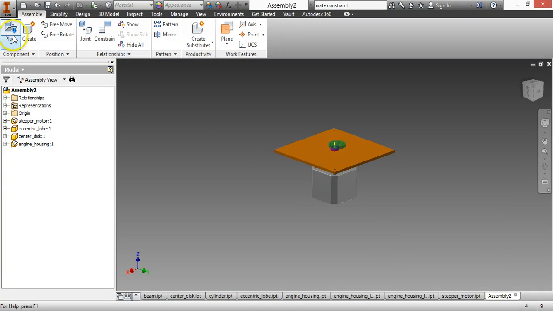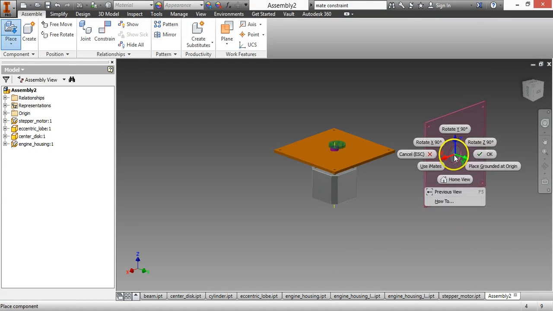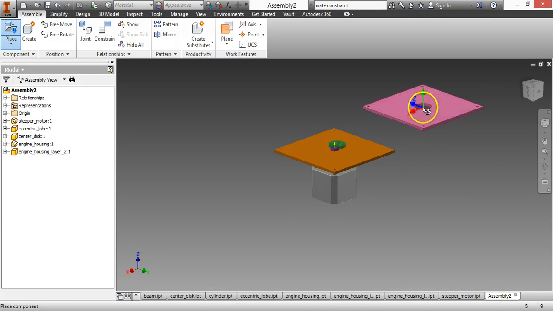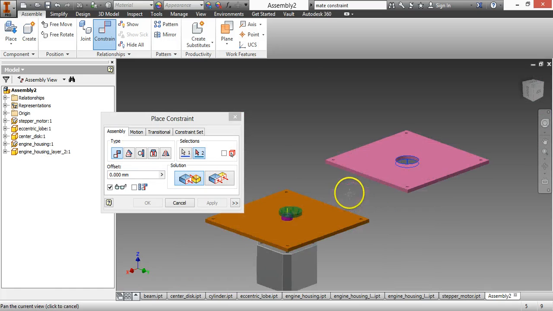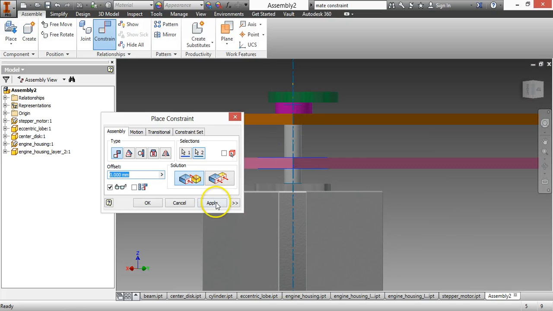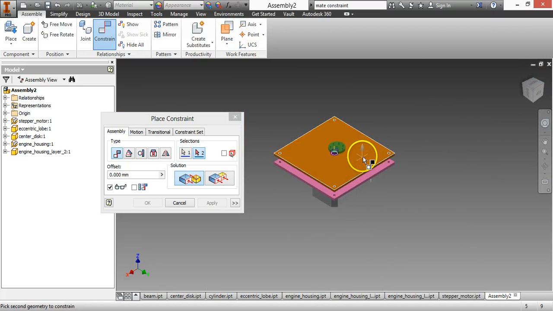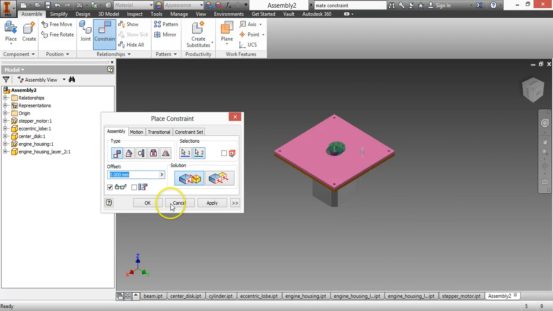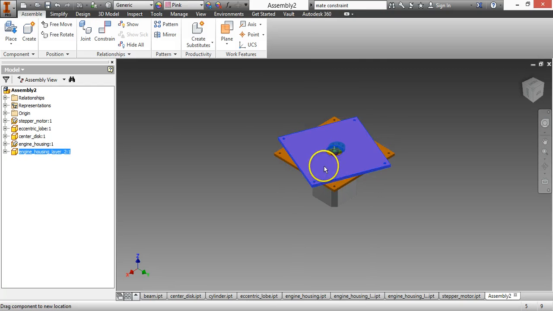So now to continue on with this, I'm going to place the second layer of the engine housing. Hit OK. Rotate by 90 degrees, same old procedure, hit escape. Do our first constraint here, where we're going to constrain this again around the axes of the motor. Hit apply, and then we're going to mate the bottom surface of the second layer to the top surface of the first layer. We're going to hit OK, finish that, and if you'll notice, now it's fixed in the right position,